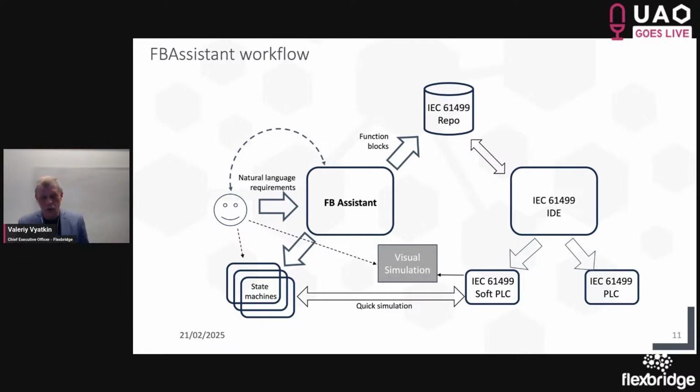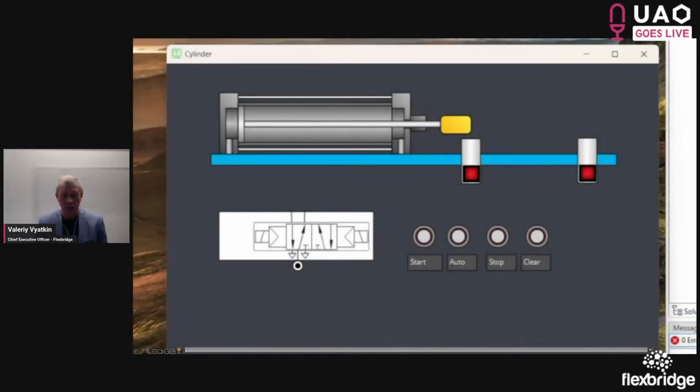Now I'm going to walk you through some very small examples of using the function block assistant, in which you could appreciate better what is going on there. I will use really Mickey Mouse examples, and I have pre-recorded a video to avoid some longer delays with a real live demonstration. So it will be the pre-recorded video, but I will speak over that video.